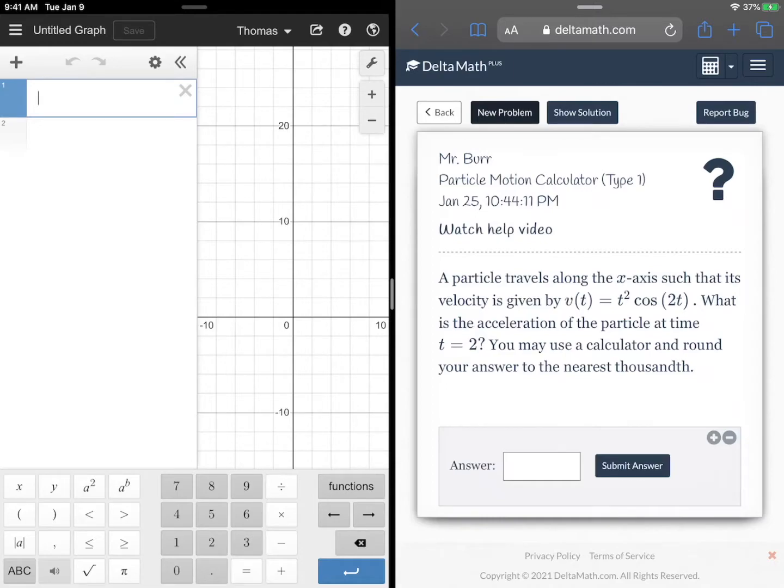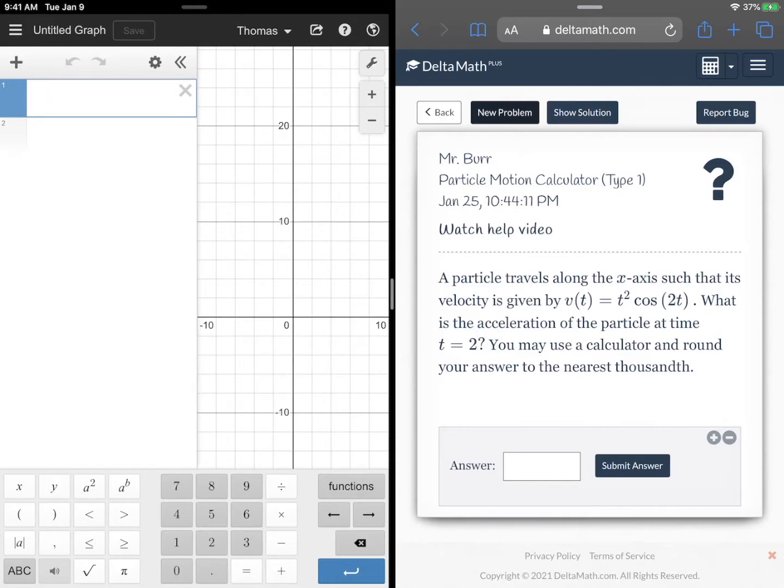All right, here we go. So the video is going to be really short today. In fact, I'm just going to directly show you a couple of examples on the Delta Math work because it's just a quick addition of how we would work these problems when they're designed such that you have to use the calculator. All right, so the particle motion problems are commonly featured on the calculator active section of the exam,